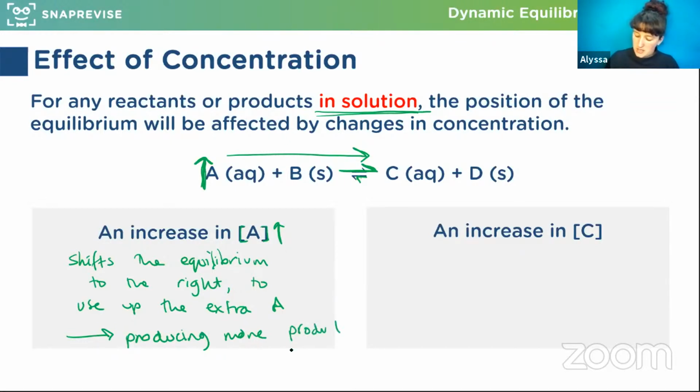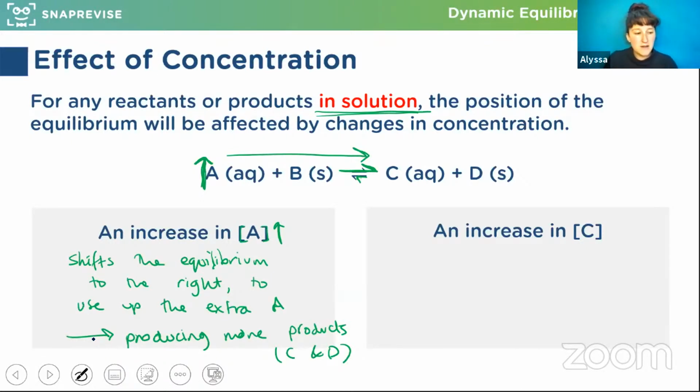Products, C and D. And if I change color, so we can do the other one. So at the moment, I haven't given you any information about the energy yet. We haven't spoken about that yet. We'll come on to that later. At the moment, there isn't any information about the energy of the forward or backward reaction or of reactants or products.